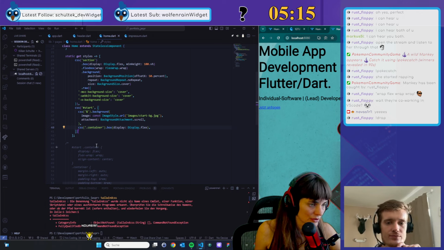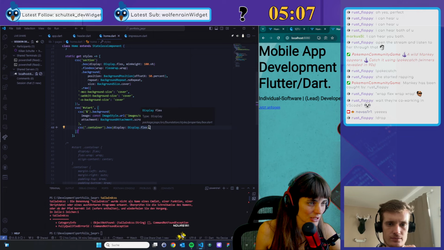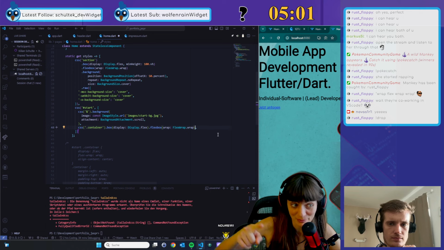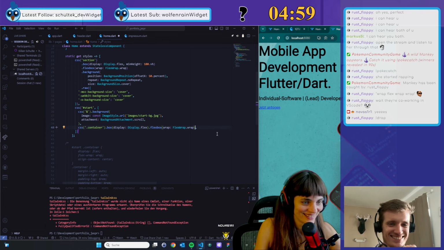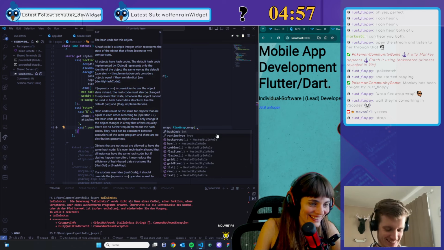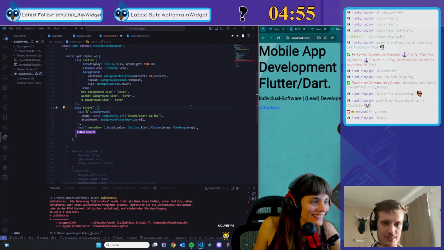Okay, so for the container, we would also put the flex wrap stuff, which goes to the flexbox again, right? So it's basically flexbox, flex wrap. Yes. Nice. And then I continue with the other styles.